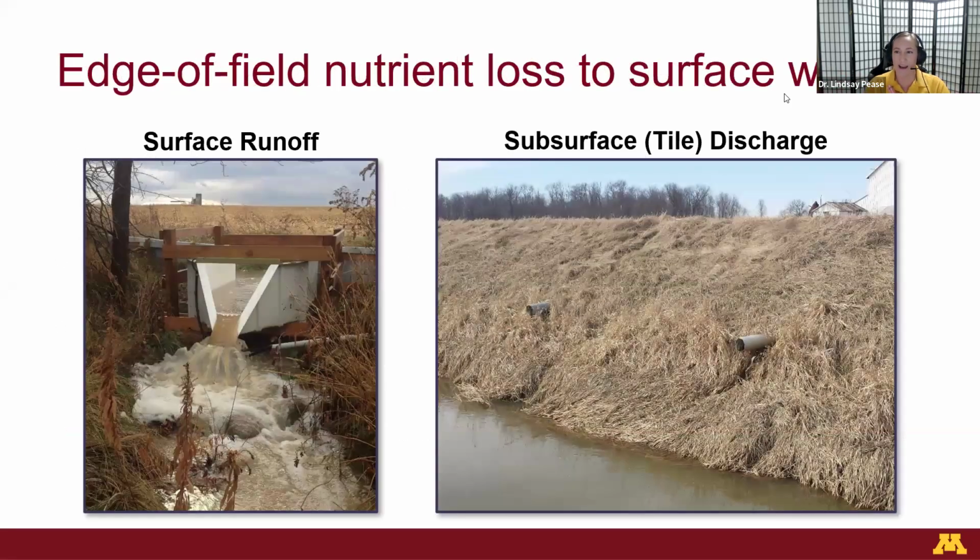And not only do we have multiple forms of nutrients we need to be concerned about, usually there's two ways that these nutrients are getting into surface water. Of course, we have surface runoff. That is, when you have a really high intensity rainfall event, the soil cannot absorb. Usually the soil cannot absorb more than about 2 inches per hour. That's on average. It's of course going to be different from soil to soil.